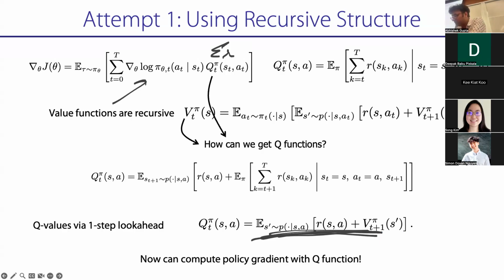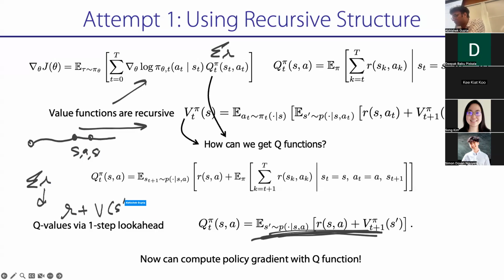So here's one way of thinking about it, which is imagine you had a trajectory, right? Earlier, what we did is at some state S, we were going to sum up the whole trajectory. Now what we're going to do is at this state S, I'm going to look at S, A, S prime, what did it transition to, right? And then I'm going to replace the sum of R with the current reward plus the future reward. And that is going to be my approximate Q function, right? And so instead of sum of reward, like we did earlier, we're going to do R plus V of S prime. Yeah? Everyone with me so far?